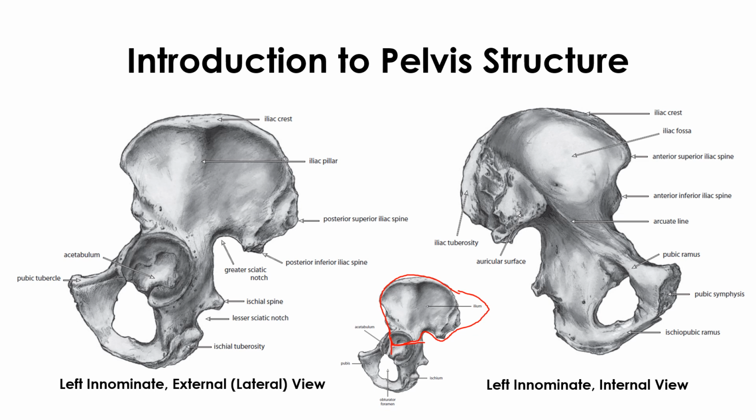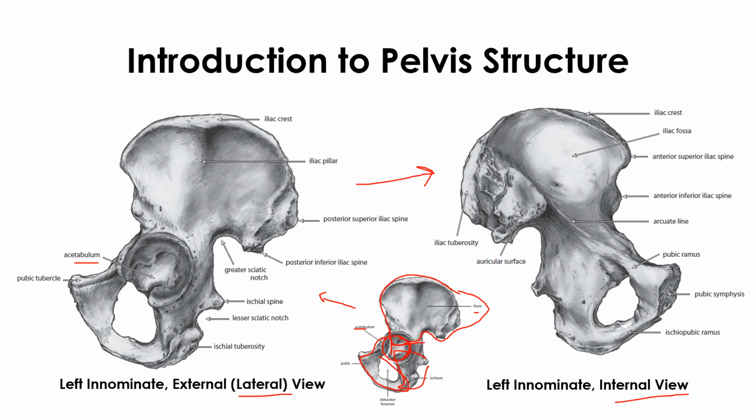This is called the ilium. The second part is the ischium, this one is the ischium part, and this is the pubis part. All together they provide space for the femur bone at the spot called the acetabulum. This is the acetabulum in the larger image. The same image is enlarged here, and we will learn various parts on either side, on the reverse side of this particular bone. This is internal and this is external. External is what we are able to see.